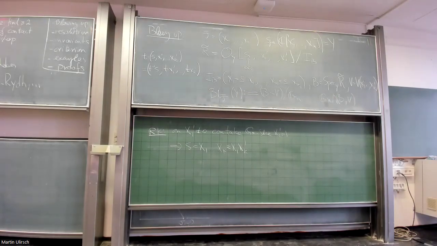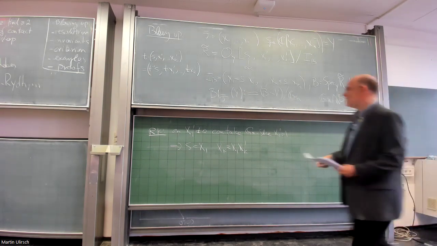So I have some further goals to do. I want to tell you what the global meaning of this is. I want to draw a picture, and I want to generalize this. Okay? Where should I start? Is anybody here a Grothendieck fan who wants the global picture first? Somebody said yes. OK, so let's